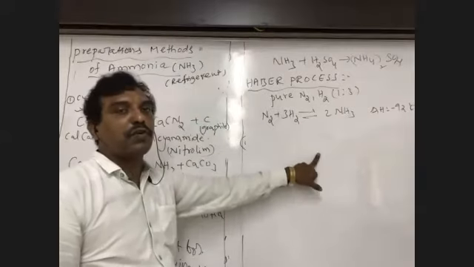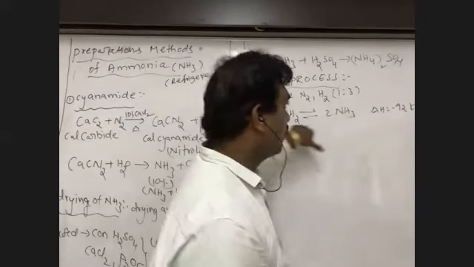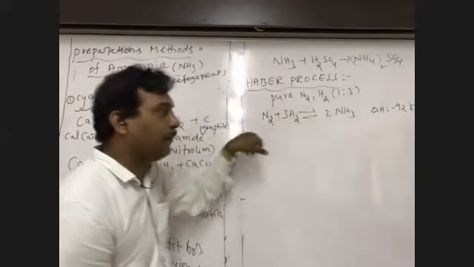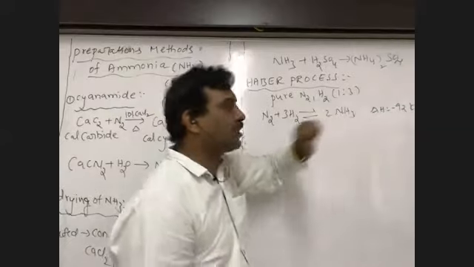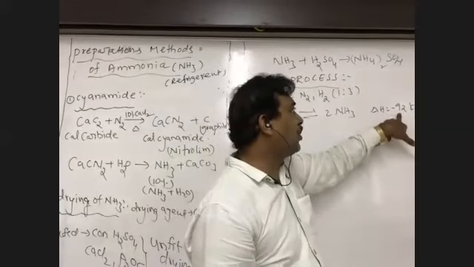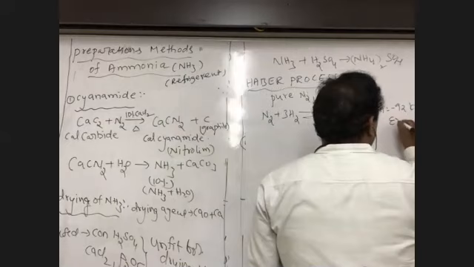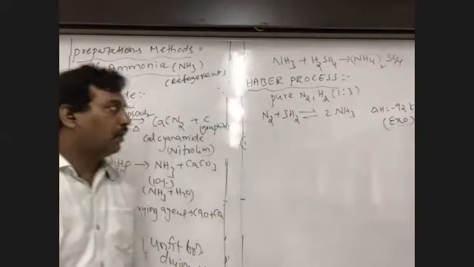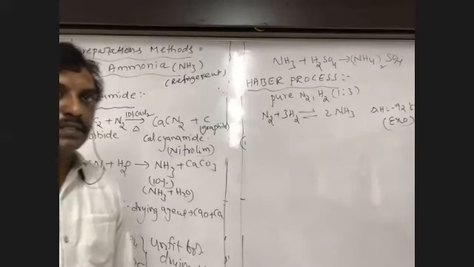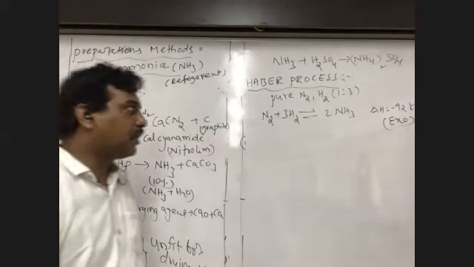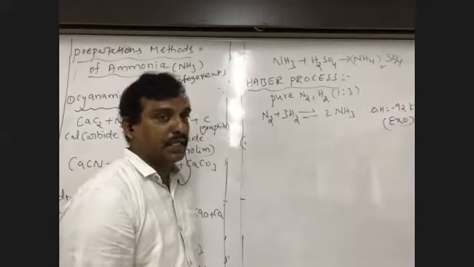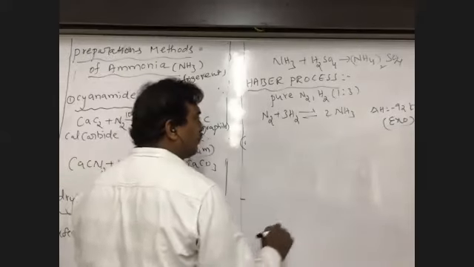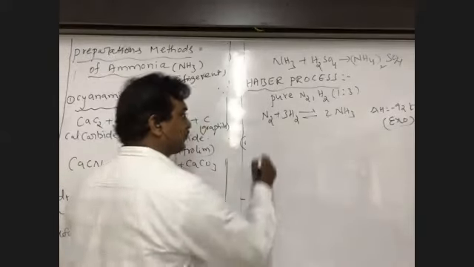The reaction contains both forward and backward reactions. The forward reaction is formation of ammonia. The backward reaction is decomposition of ammonia. Is formation of ammonia exothermic or endothermic? It is an exothermic reaction. Delta H with a negative sign indicates the nature of the reaction is exothermic. Exothermic means the reaction which is followed by the liberation of heat. So formation of ammonia is an exothermic reaction, and preparation of ammonia can be done based on Le Chatelier principle.